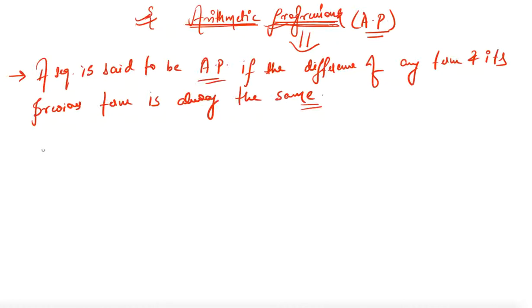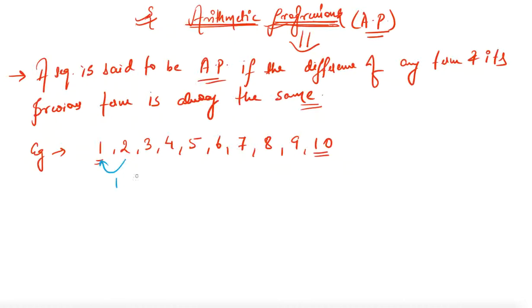So let me give you some examples which will make this clearer. Say I have a sequence 1, 2, 3, 4, 5, 6, 7, 8, 9 and 10. The sequence starts with 1 and ends at 10. Will this be an arithmetic progression? Let us see. Let me subtract 1 from 2. What will I have? 1. 3 minus 2, again 1, 4 minus 3, again 1, 5 minus 4, 1, 6 minus 5, 1, and